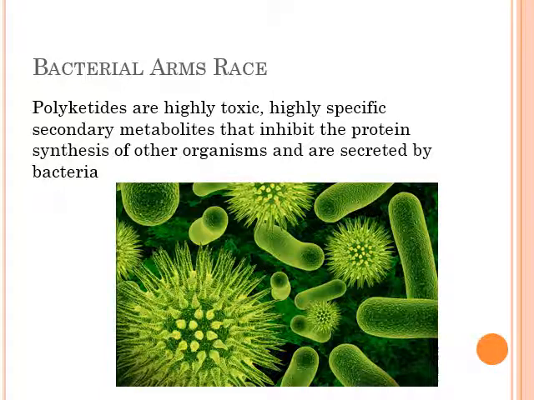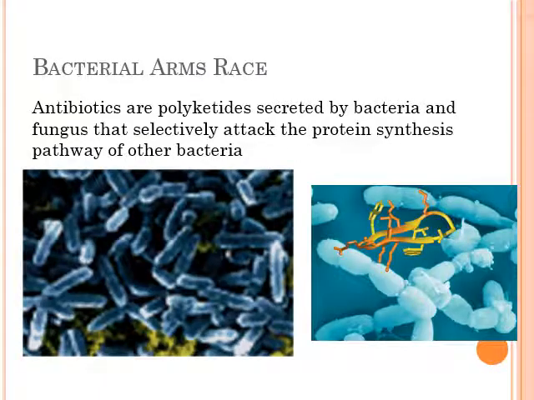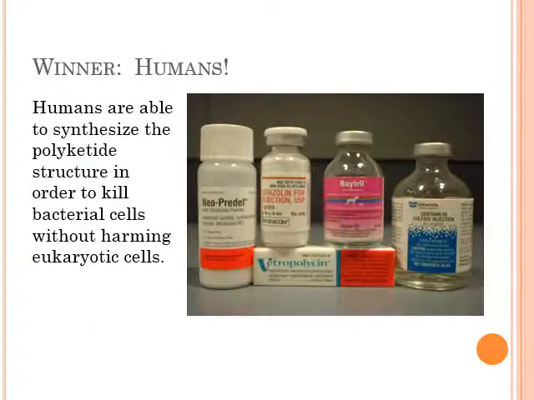And this is where we get smart. We can't figure out how to beat bacteria, but bacteria can figure out how to beat bacteria. So we just said, all right, fine. We're going to make copies of that chemical that stops the other bacteria. And that's where we get our antibiotics. We farm bacteria to get the weapons they use against each other. And that lets us stop bacteria with an antibiotic. It specifically targets bacteria, because that's what we're targeting, and it doesn't hurt our cells. So we win.